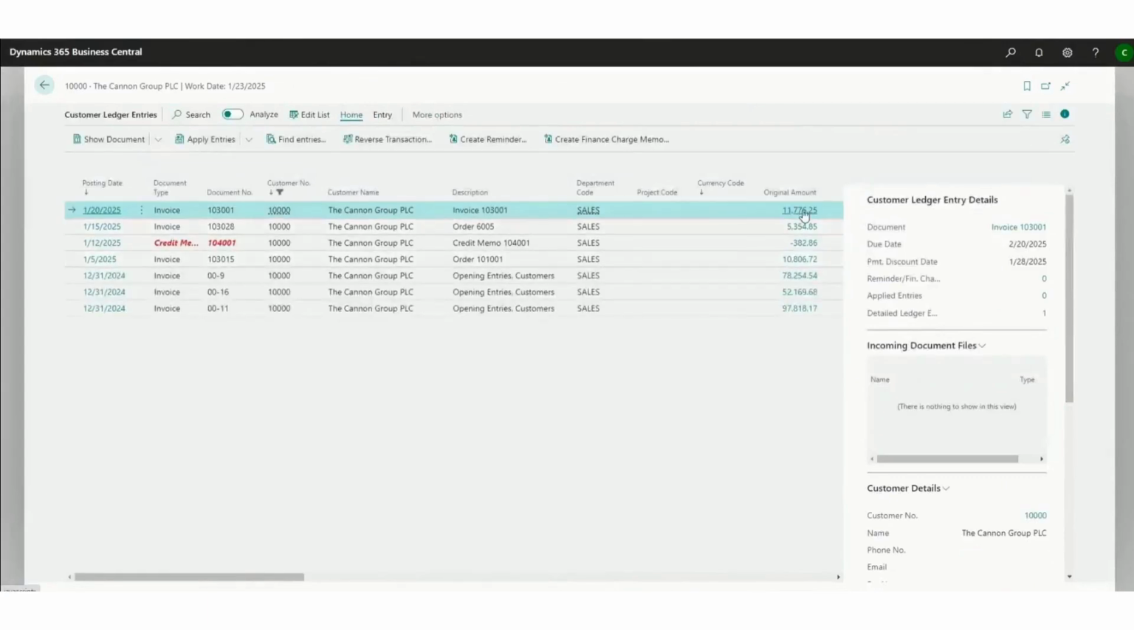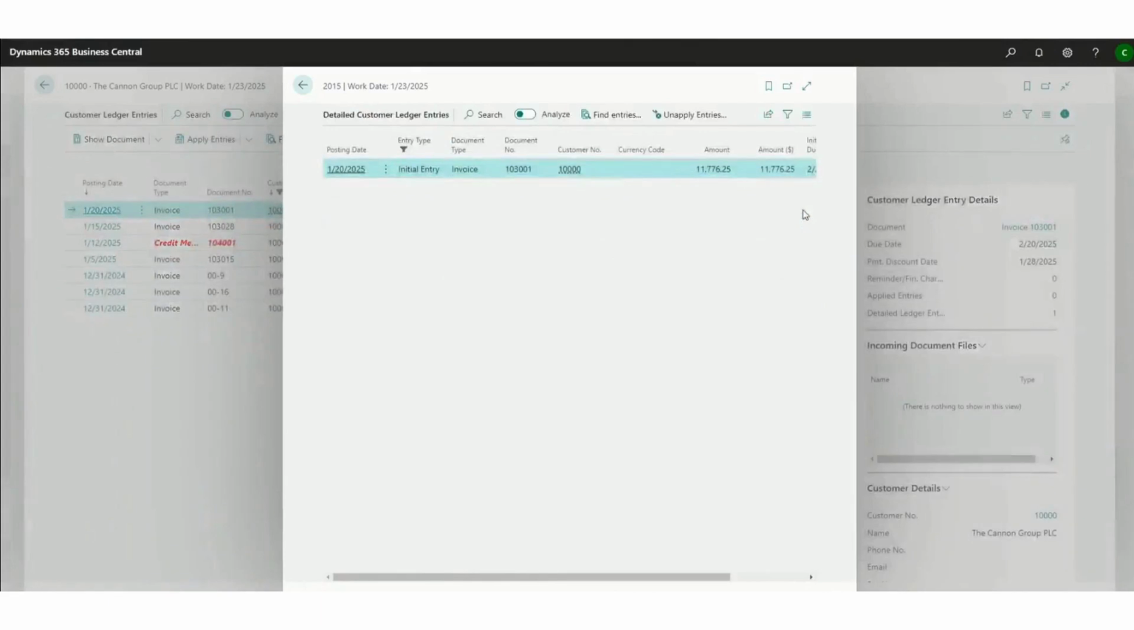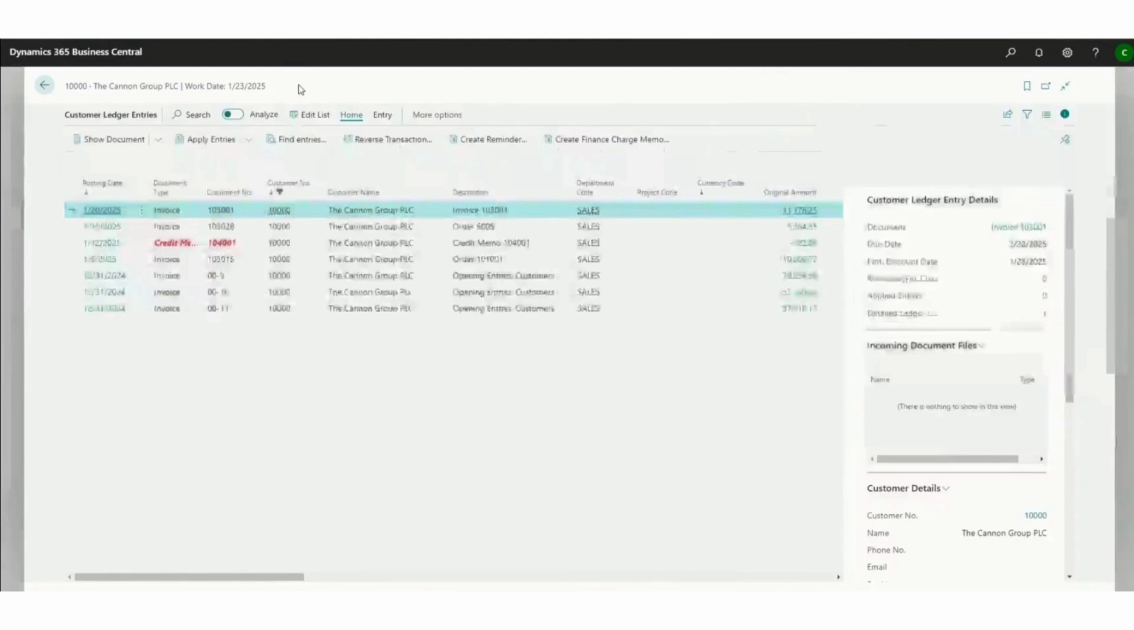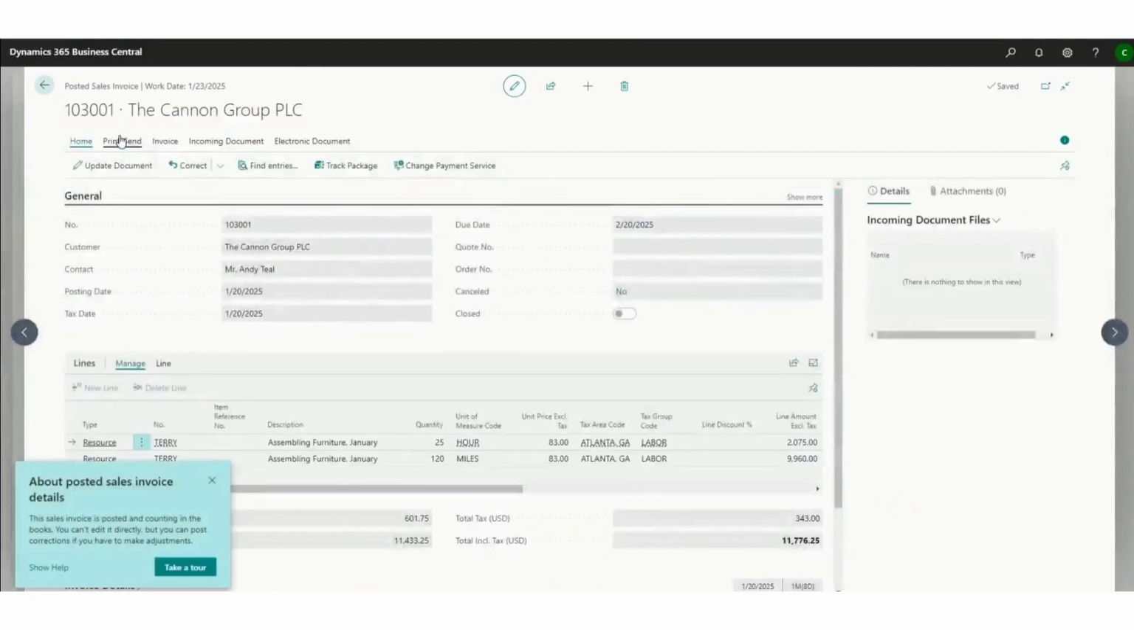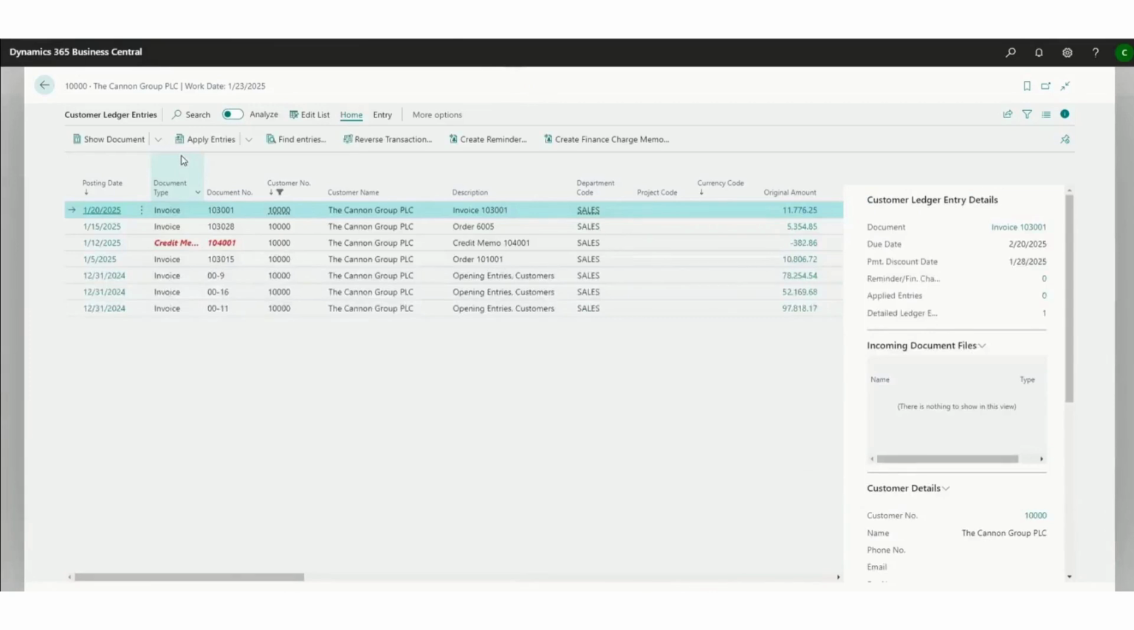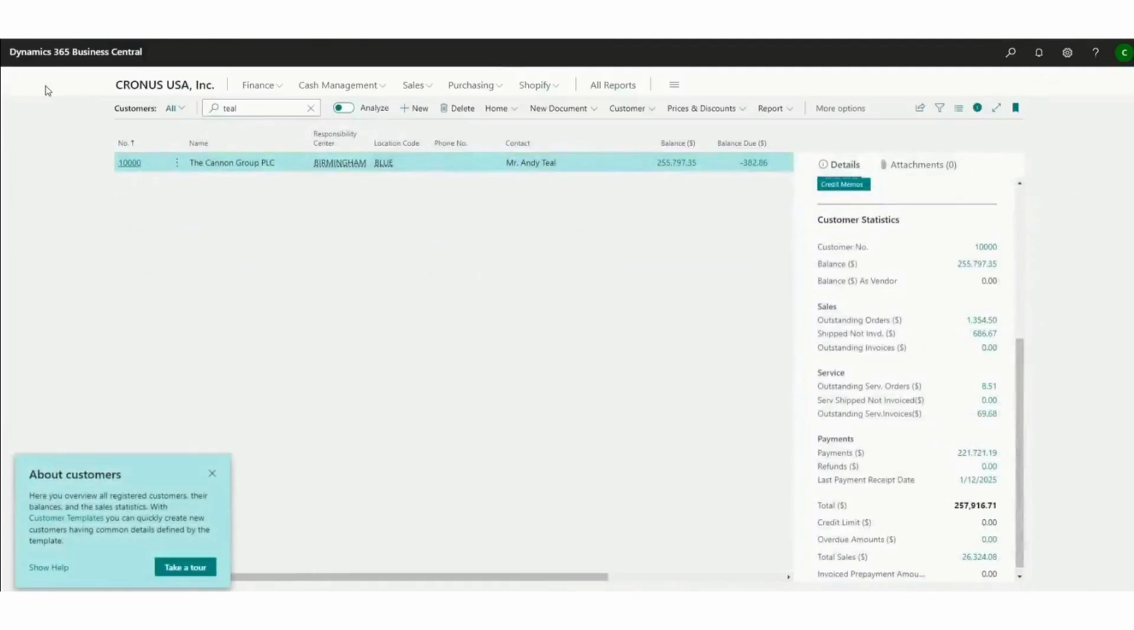And I can see this $11,000 document. I can drill into it, or if I want to find the actual document, I can click on the date, or I just simply click on show document, and it brings me into that same record. From here, I can update it, correct it, track the packages that were shipped out. So flexible interface, very intuitive in terms of navigation, and drilling down throughout the product is native in the